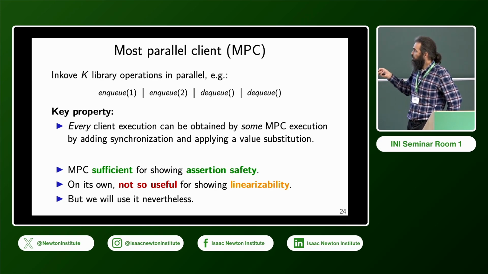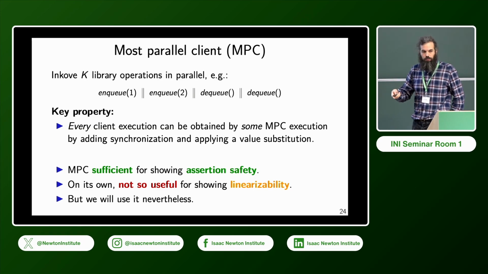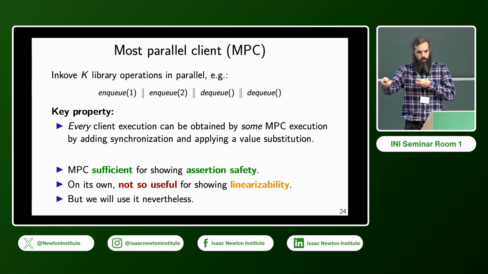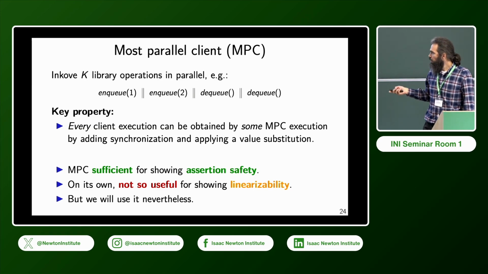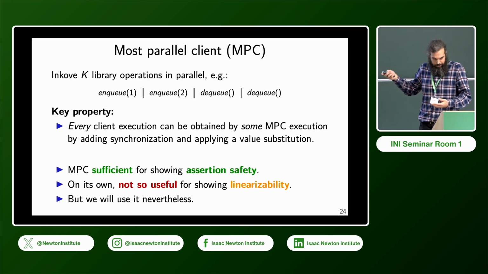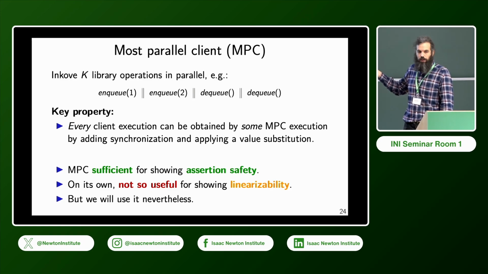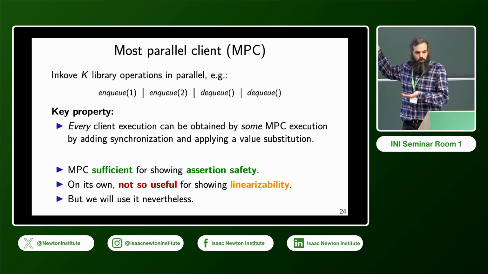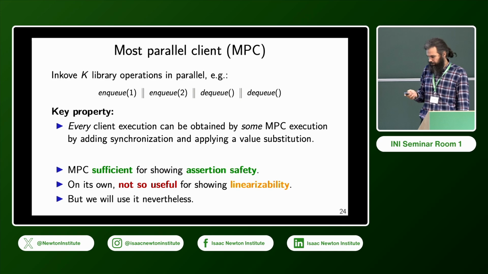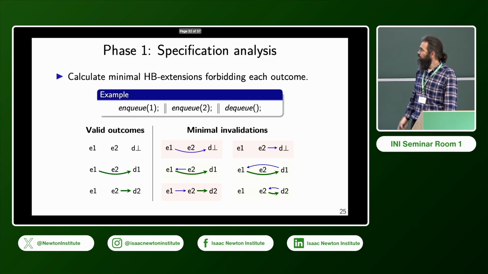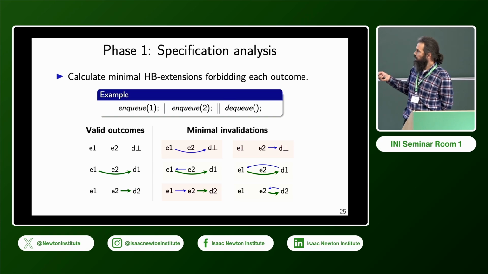So in a sense, this most parallel client is sufficient for verifying safety of a program, whether it reaches some error state. But on its own, it's not directly useful for linearizability because it doesn't impose any ordering among the methods. So these DQs could return 0, 1, 2, pretty much arbitrarily. But we will use it nevertheless. So what will we do? We will